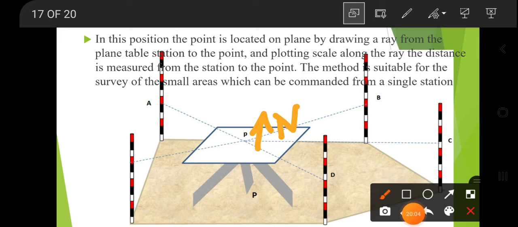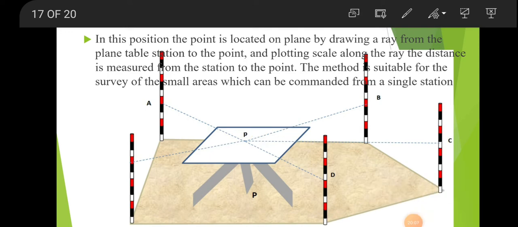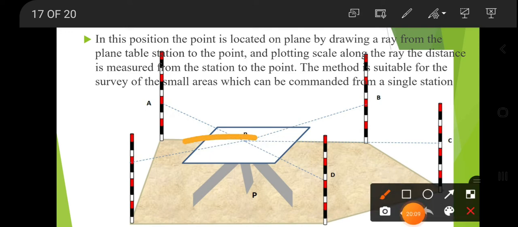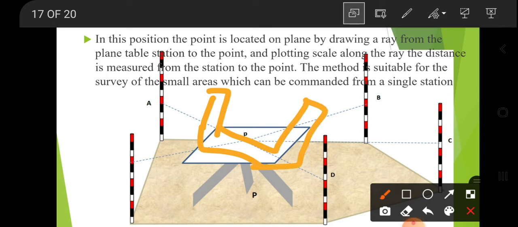Okay, then the next step is we should take the plumb bob with the U fork, and that U fork will show here the center. That ground station is taken on the paper as P, and here we will put the arrow, and with the help of the plumb bob we will show the center and fix the arrow there. Okay, and that is centering. After that we will start the practical. The person will take the alidade here, and with the help of the alidade he will bisect the ranging rod A. That ranging rod should be at the center.